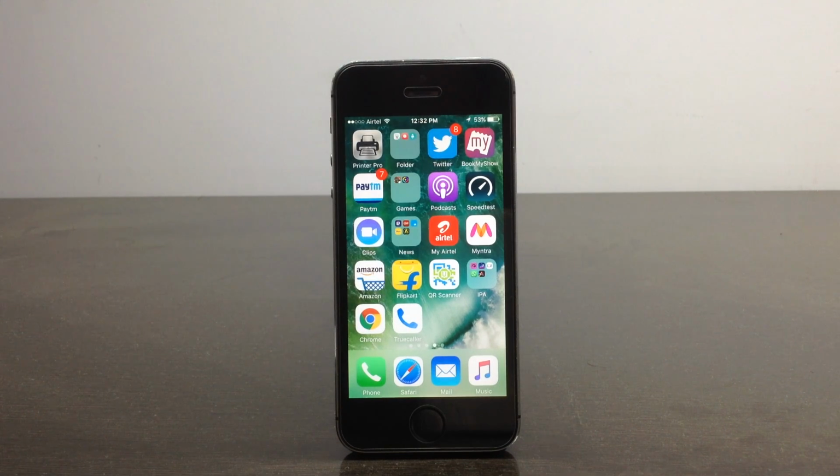So guys, before getting into the video, I want to show how to install the IPA on the iPhone. To do that, you need a PC or Mac, and you need to install Cydia Impactor, for which the link is available in the description. Once you have done that, connect your device to your PC or Mac. Then open Cydia Impactor and download the required IPA. Just after downloading the required IPA, drag and drop the IPA file onto the Cydia Impactor window.